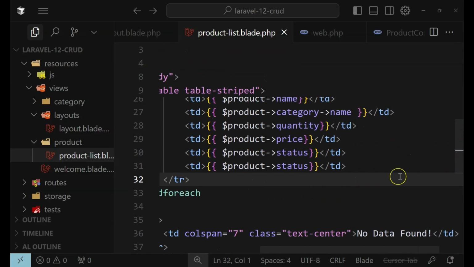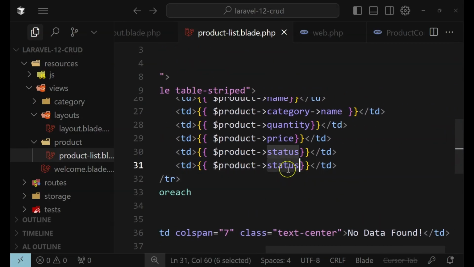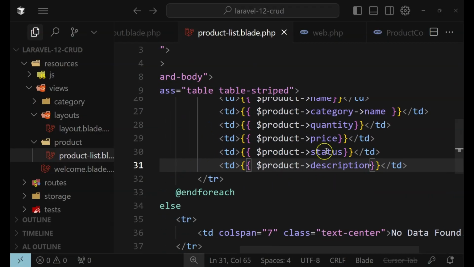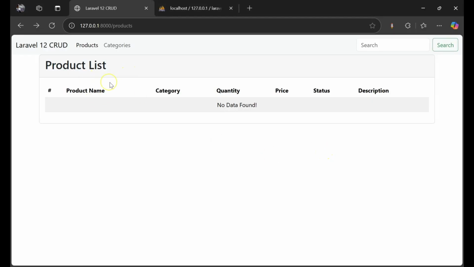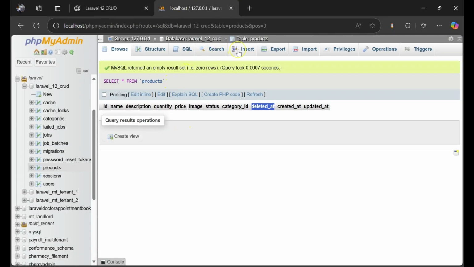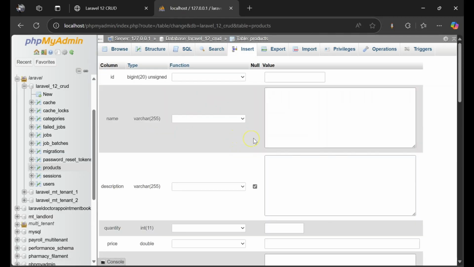So let me remove that one, and then this one should be description. Okay, so now here you can see we don't have any data in our database. That's why you don't see anything. So for example, if we come here and insert a new row, let's say for example you can say test